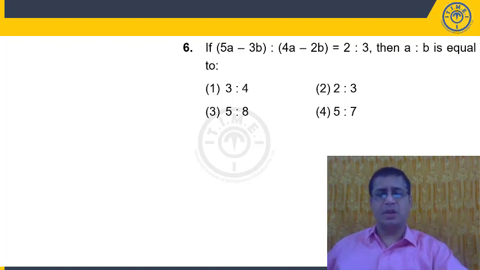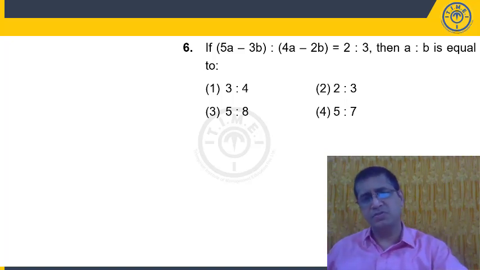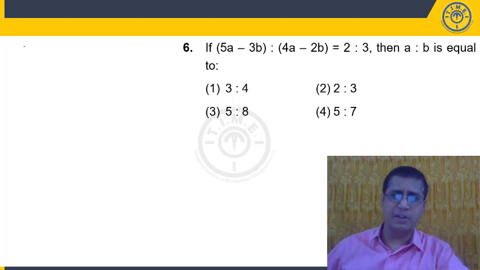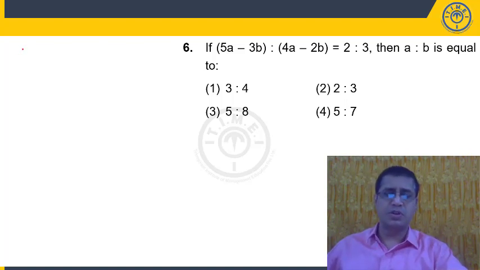5A minus 3B is to 4A minus 2B is equal to 2:3. Then A is to B is equal to. Yes, my dear students, please solve this example. I will wait for a couple of seconds. 5A minus 3B is to 4A minus 2B is equal to 2:3. Just find the ratio of A and B. A is to B is equal to